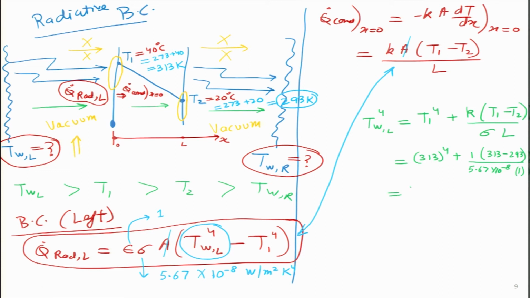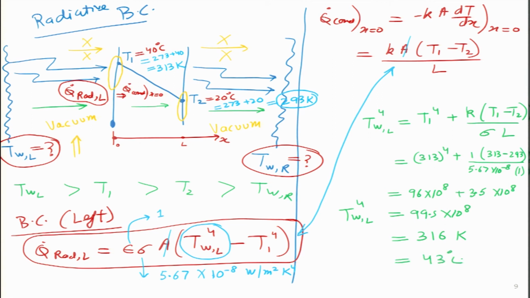So, this one I have already done the calculation before. So, I will just write this expression over here. The first term turns out to be 96 into 10 power 8. The second term turns out to be 3.5 into 10 power 8. We add them together, so we get something like 99.5 into 10 power 8, and this is my Tw to the power 4. So, we take the square root two times in order to get the temperature. What we get is 316 Kelvin, and I convert it back into degree centigrade.